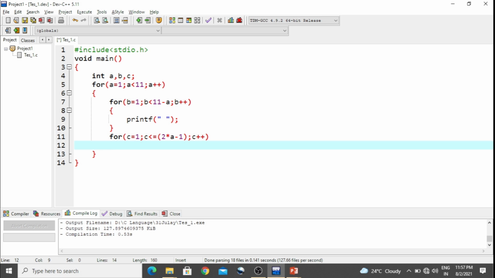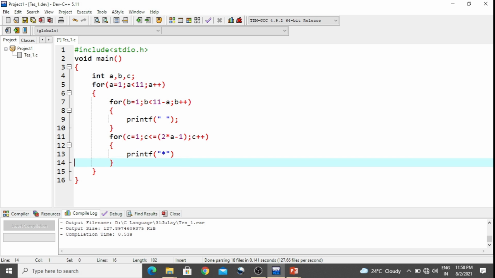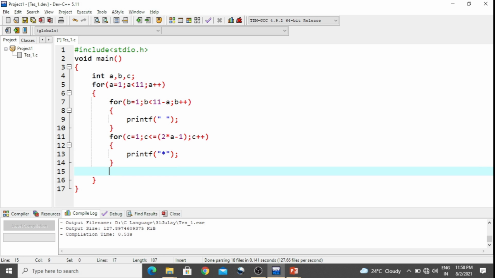What we need in here is a printf, and we need to print a star. You can make a pyramid of dollar as well, or of hash as well. Finally, there should be a next line, so I can say printf backslash n.